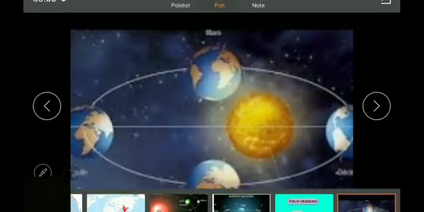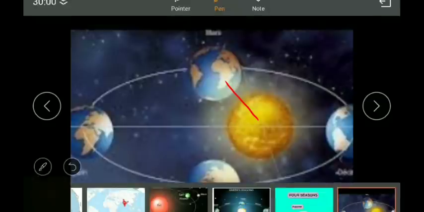The sun's rays are falling on the earth. So half of the earth is in darkness and half is illuminated because of the rays of the sun. Because our earth rotates, the day and night phenomenon occurs on the earth. It spins on its own axis as it revolves around the sun.